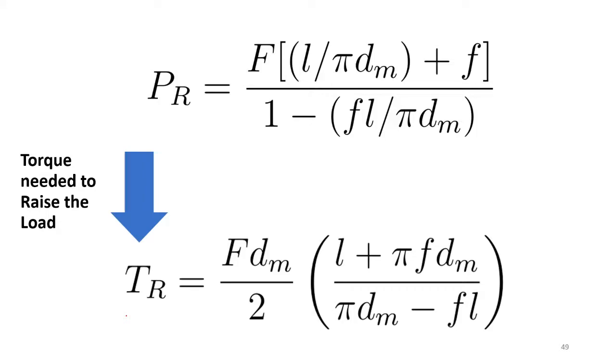So wherever we have tan lambda, we put L over pi dm, and over here too. Now if we simplify this further,